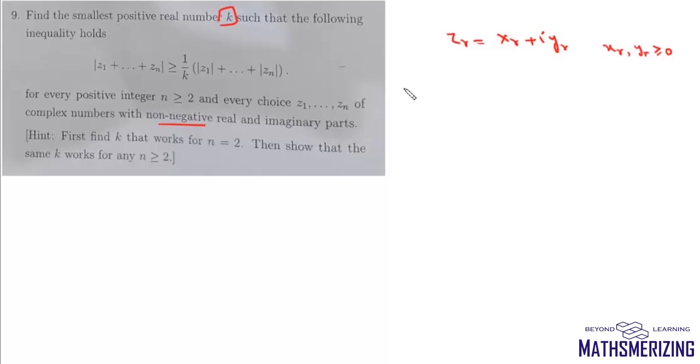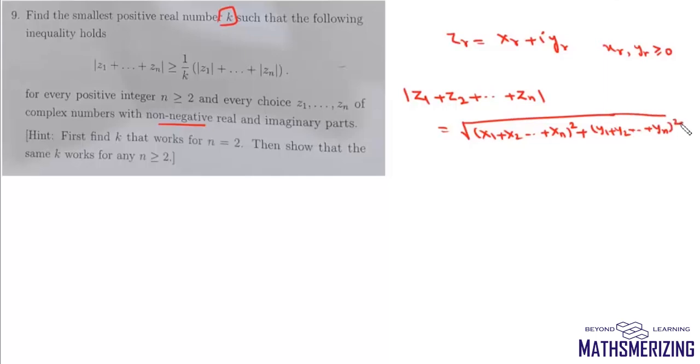Now if we look at mod of z1 plus z2 plus zn, it will be nothing but it will be under root of x1 plus x2 plus xn whole square plus y1 plus y2 plus